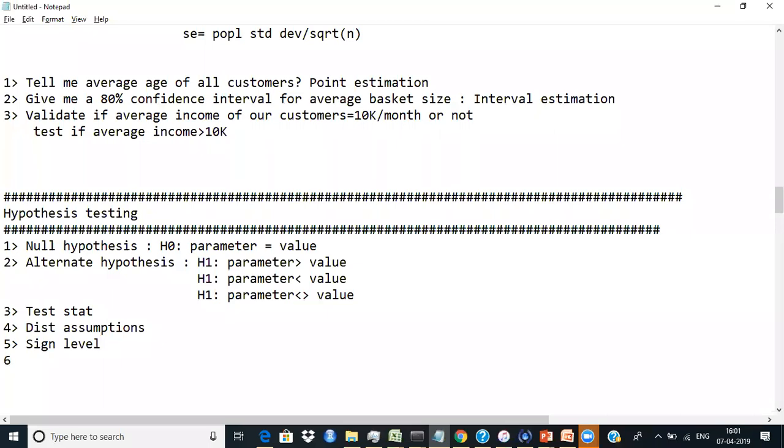Sixth one that you require is the p-value. These are the 6 things that you require in any hypothesis testing, right? Now I will explain the last 4 as we go ahead, okay? Now,